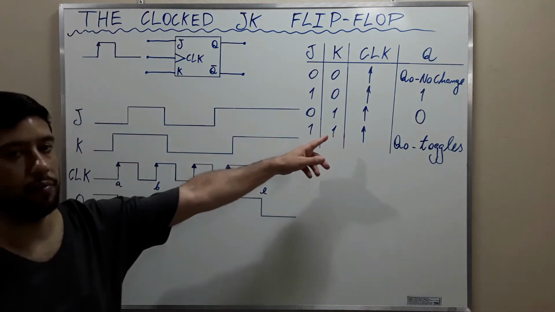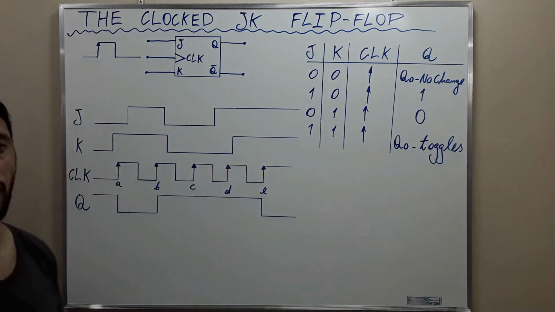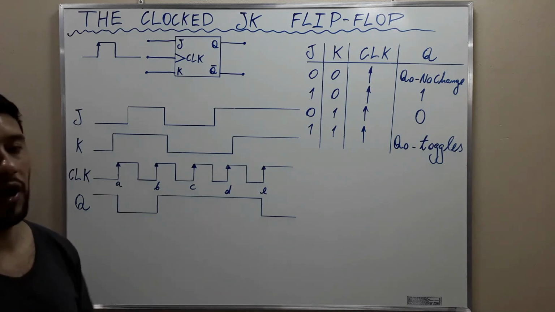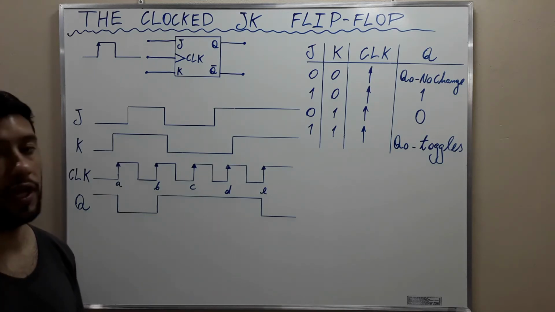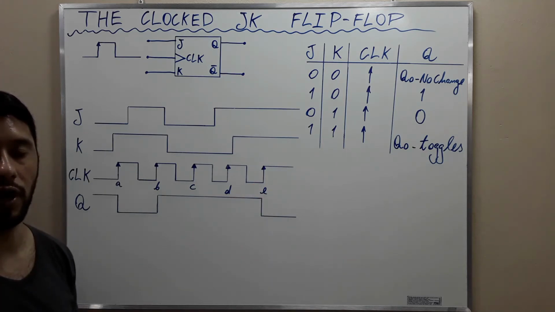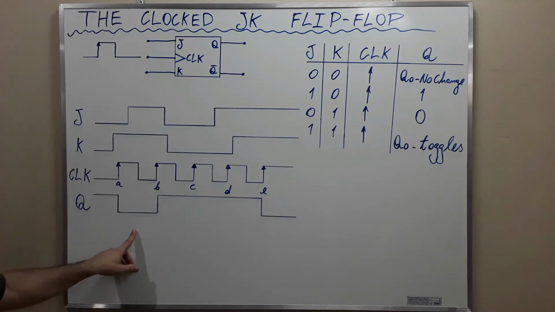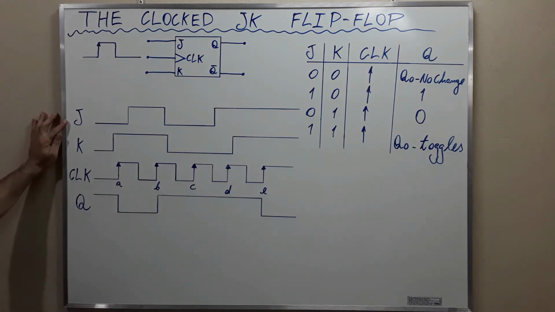The function table shows how the flip-flop reacts to the various combinations of the inputs at the occurrence of the positive going transition of the clock. Now let's take a look at its operation. Initially, both J and K are 0,